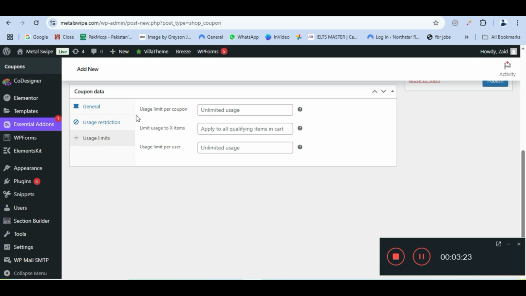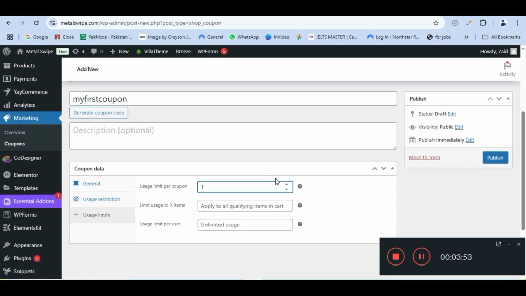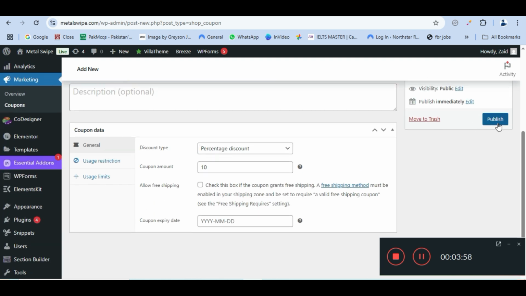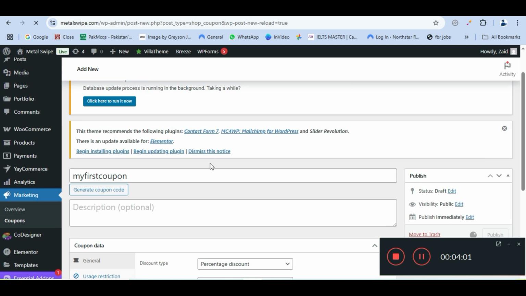So here are usage limits. One, obviously, and the usage limit per user, like there are limits on how many times a user can apply it, according to one user or according to product wise. So these are the settings. After these settings, you just have to publish it. When it's published,